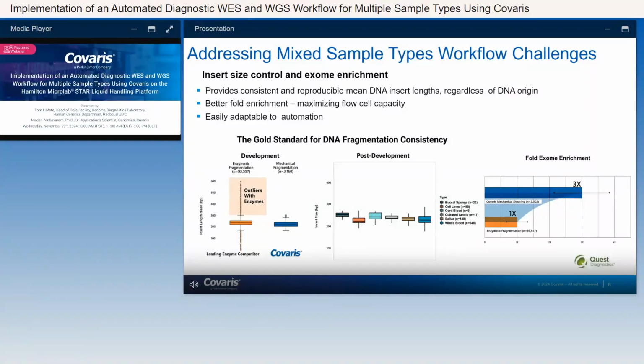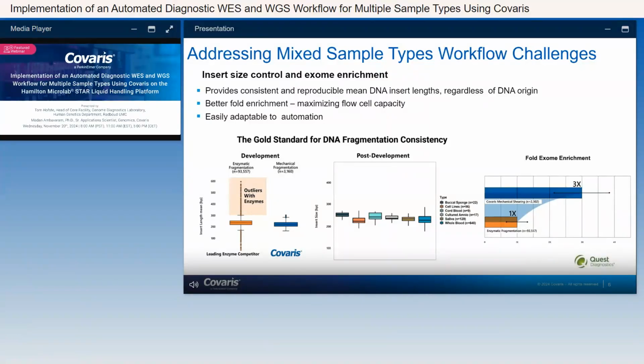Optimizing with the different sample types is a challenge, which was effectively addressed using Covaris AFA technology. The robust and reproducible performance of AFA achieved consistent and tighter fragment size distribution across different sample types, which ultimately enhanced the process control, a crucial factor in scaling up workflows. This uniform insert size enabled cost reduction by ensuring precise coverage, with a Quest reporting about 3-fold enrichment, as you